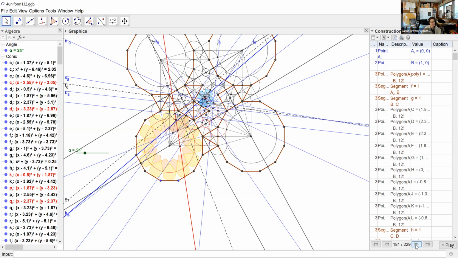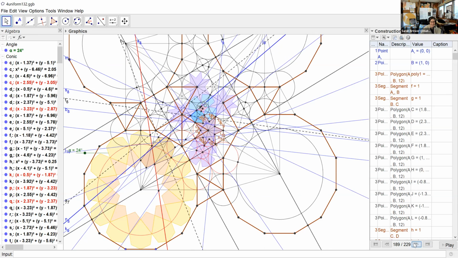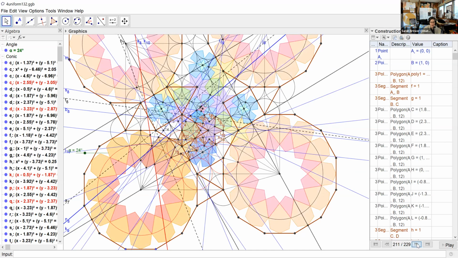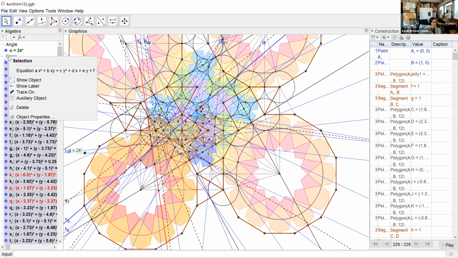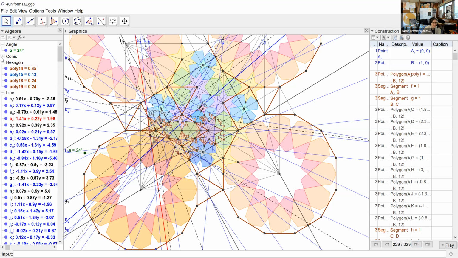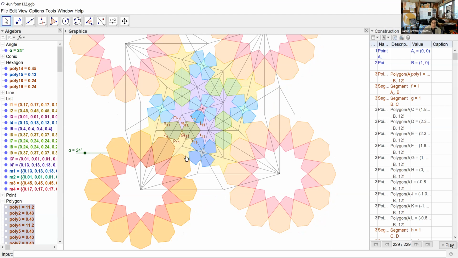You can see this stuff gets really messy with all the lines and things. So I'm constantly hiding stuff, cleaning stuff up as I go, usually hiding labels all the time because those things are gross. But anyway, you eventually get there. Now if I go back and hide some lines and hide some points, it's mostly